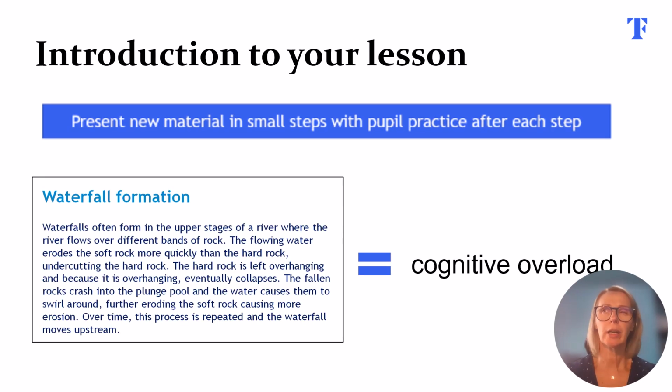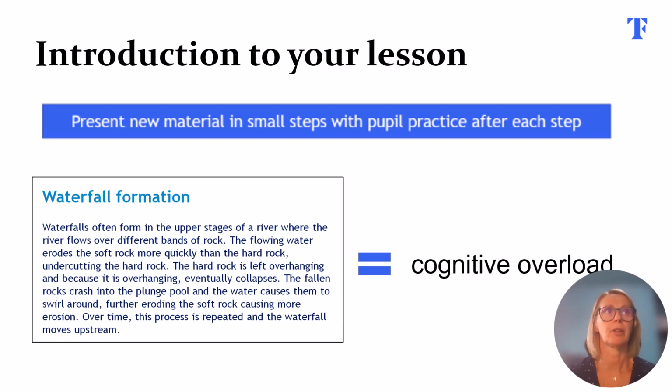So let's look at an example from a geography lesson. The objective might be for all pupils to know and be able to explain in their own words 5 stages of waterfall formation. After the do now, which may or may not be connected to the subject of today's lesson, the teacher will introduce the new content. A teacher might write out on a PowerPoint slide and explain how a waterfall is formed and then describe it to the pupils. For example,